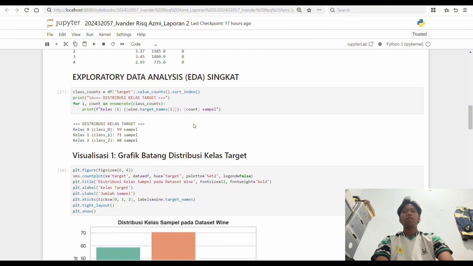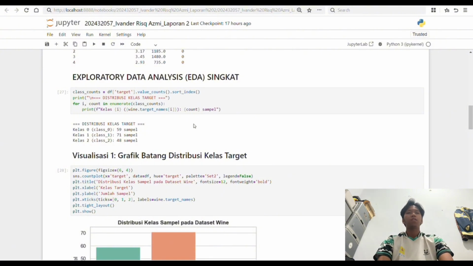Next, step 3, exploratory data analysis. As data scientists, we shall never throw data deliberately into an algorithm without understanding its characteristics first. Here I conduct two primary analyses.